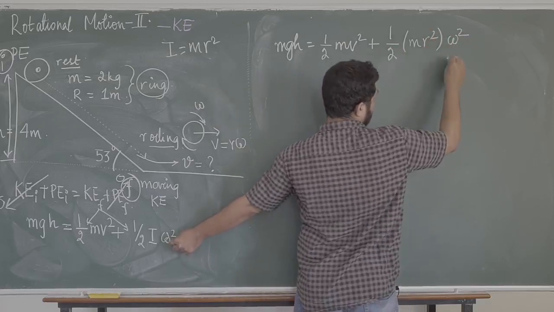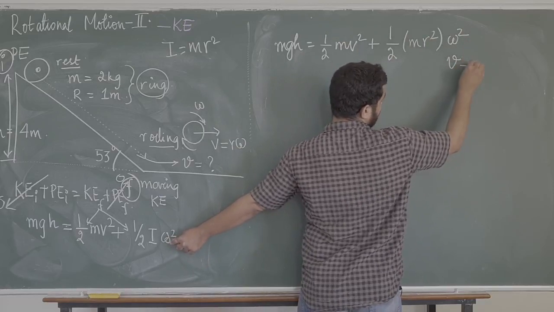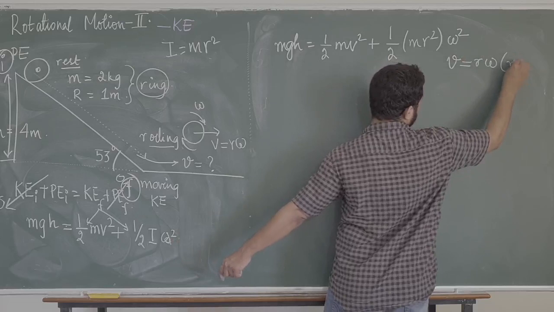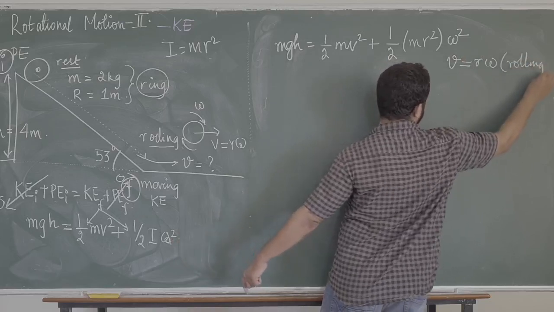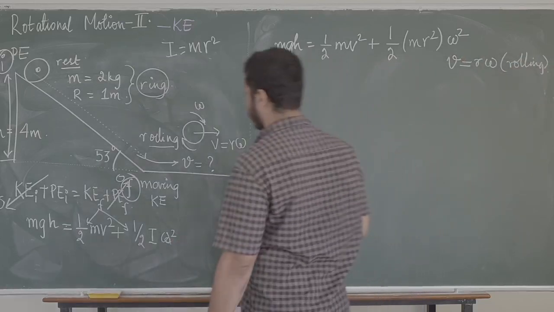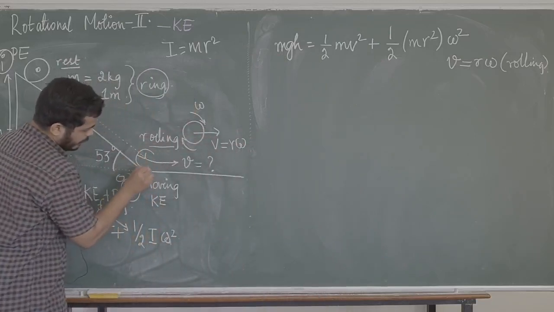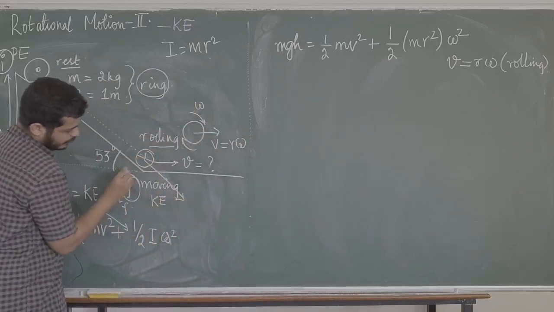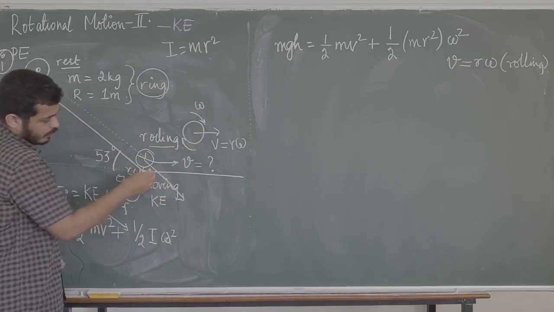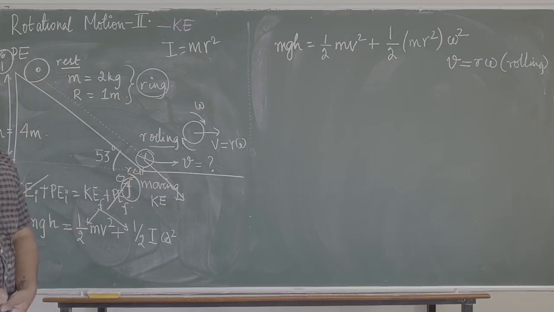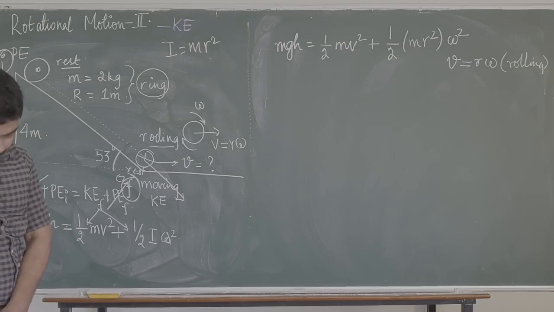समझ में आया? This thing is rolling. So when something is rolling, V is equal to R omega in this case because the object over here is rolling. If you do not believe me, what you can do is you can understand over here. When the disk is moving in a straight line, the surface is at rest. So we have solved a lot of questions where the surface is at rest, and in that case V is equal to R omega. So you can just directly realize over here that V is equal to R omega.